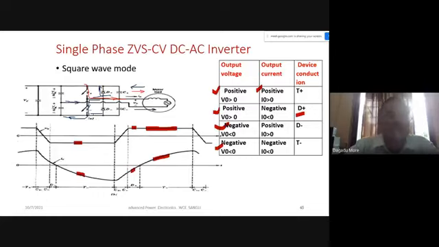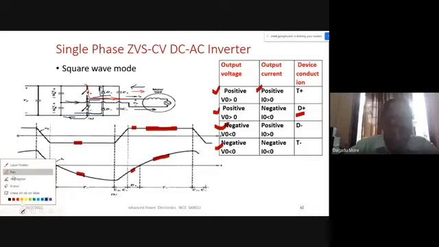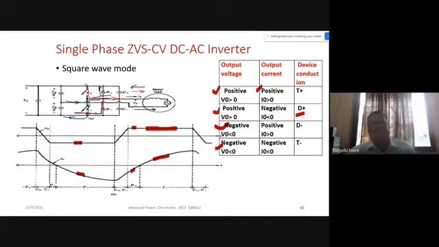Here this will be our voltage, but current is positive. It will come to this. I have to mark it red. So this will be the case. We have shown it here. Whenever there is negative voltage and positive current,